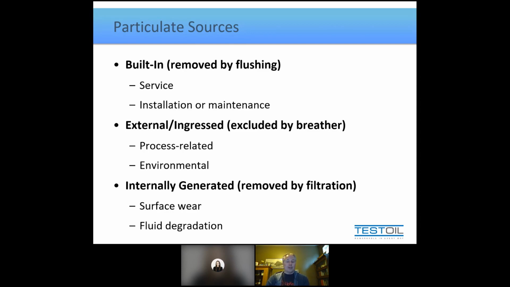And last but not least, the third category is what we call internal, meaning the particulate was generated on the inside. And this is often from wear mechanisms, so it could be from abrasive wear, adhesive wear, could be from something just like corrosion. But it also comes from other aspects like fluid degradation, where the fluid itself may break down or mix with something else and create a precipitate or a fallout that will contaminate the system. So if you're a little bit curious, just because I knew I was including the slides, I've broken down each of those three and given some examples.